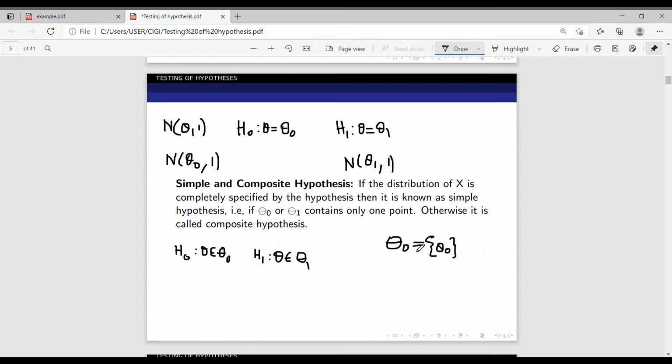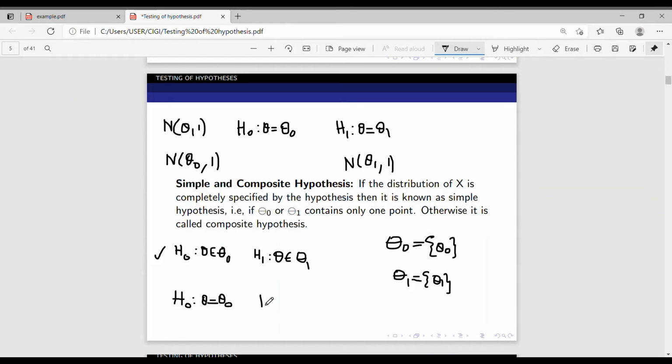The point in capital theta naught is denoted by small theta naught, so capital theta naught is equal to the set containing small theta naught, and capital theta 1 is equal to the set containing small theta 1. Both hypotheses can then be equivalently written as H naught: theta equal to small theta naught